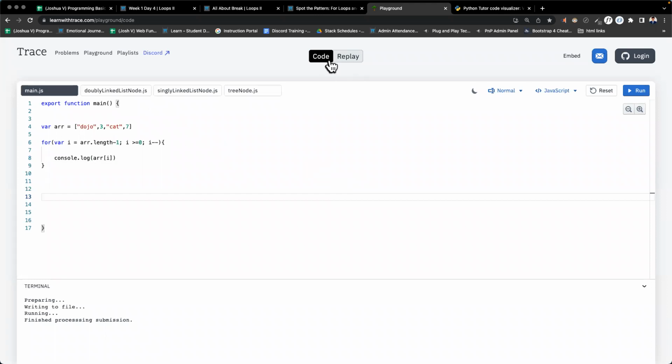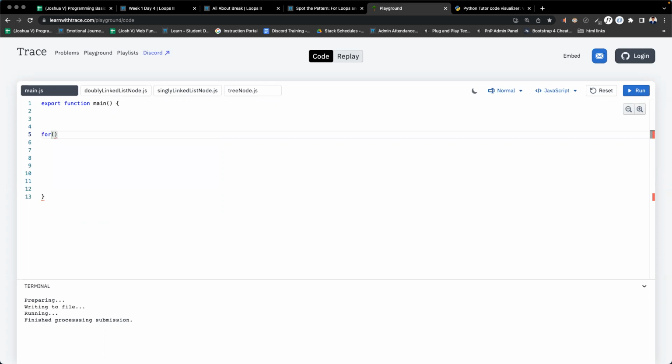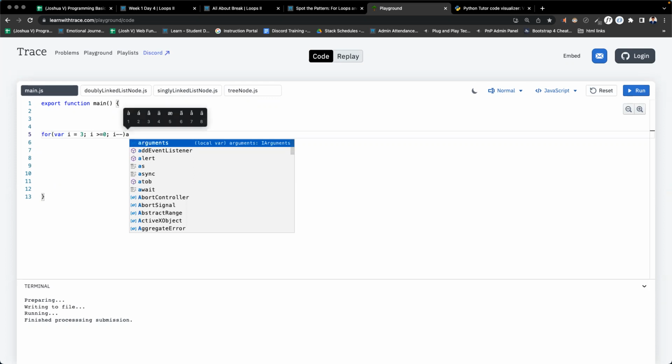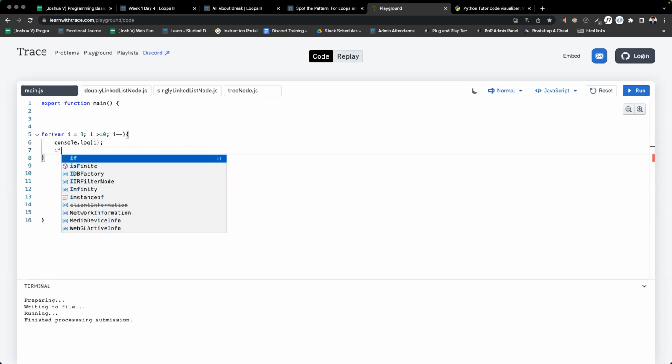Okay, so let's build this. We said a for loop with an if statement in it. So we said var i = 3; while i is greater than or equal to 0; i--. This is going to start at 3, decrease to 0. And while we do that, we're going to console.log i, and if,